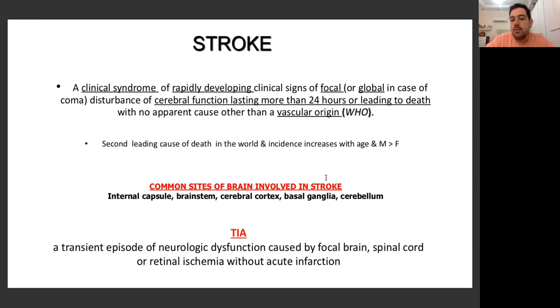So common sites of brain involved in the stroke, basically anywhere. MCA is one of the most common sites, the middle cerebral artery. And we'll talk about why again later. And he is just saying that basically any area of the brain can be affected if the blood supply is interrupted. And that's basically the definition of stroke, an interruption of blood supply, whether it is due to thrombosis, whether